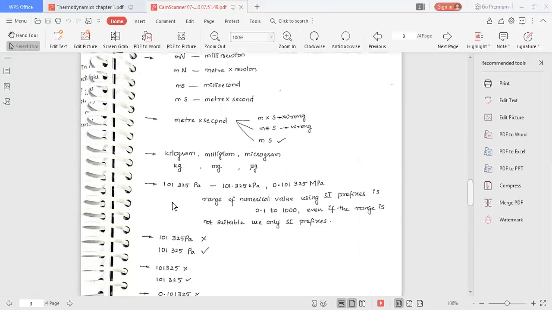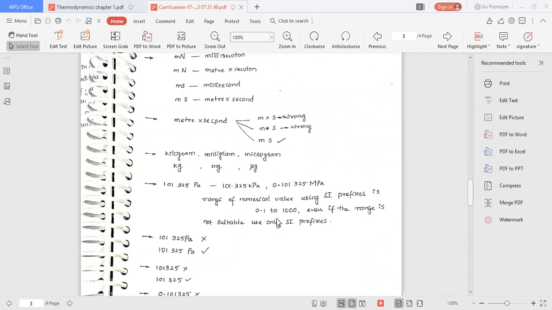Okay. Next, you can convert any number into kilopascal or megapascal. Why do we need to convert pascal into kilo and mega? Because pascal is a small unit. If you are using pascal, that indicates a small value. So that's why we are converting pascal into kilopascal and megapascal. So always you can see pressure units in kilo or mega. You cannot see pascal only in pascal. So you have to convert the whole number into kilo or mega.